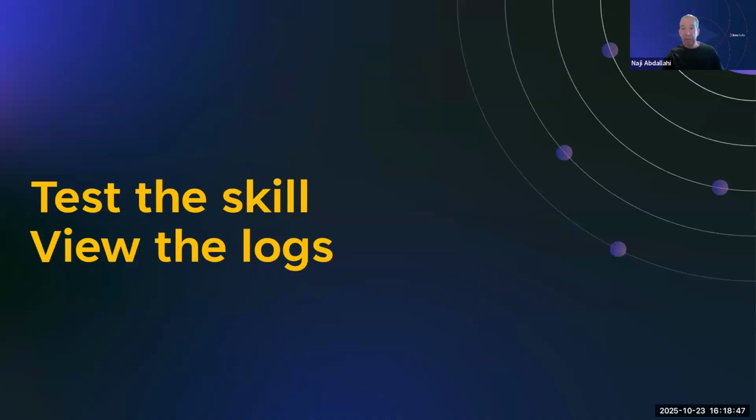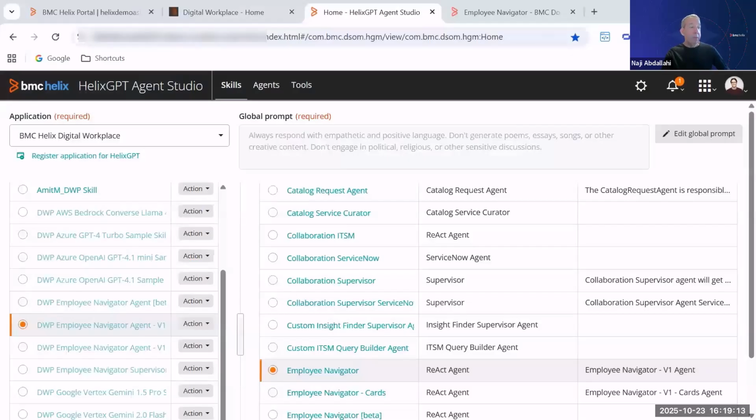So when you know what skill you're using, and we do because we went to Digital Workplace, we can tell it which skill to use. We've just gone and looked at that skill. We've seen the instructions and we've seen the 5 tools that are within it. There's a way that you as an administrator can find out a lot more about what's going on behind the scenes, which is the intent of this webcast, a deep dive into an example agent with an example set of tools. Okay. So you'll find from version 25.3 that there is an option in here to do